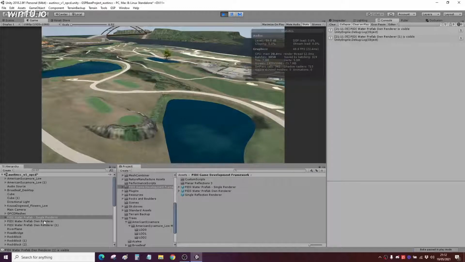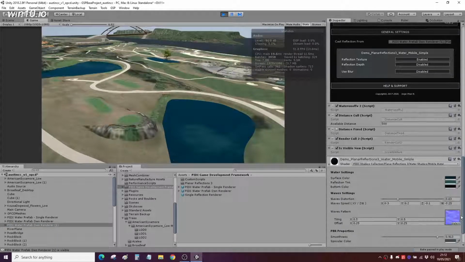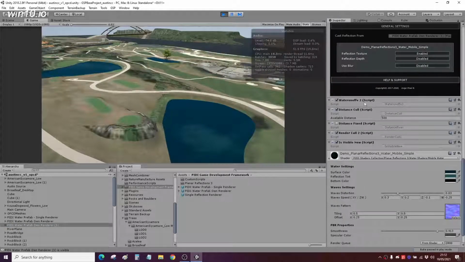So as part of the scripts on the own renderer, go back to the inspector, you'll see we have this set of scripts here. Now the water on off 2 is what I was telling you about, the R button turning the renderers on and off. You have render to cull, is visible new, distance cull and distance fixed, which you'll see is turned off. I press R, you'll see distance fixed actually turns on. That's just part of the way it works. But the one you can alter and change is the distance cull script. And that's basically however far away from the camera you are, anything beyond that distance,